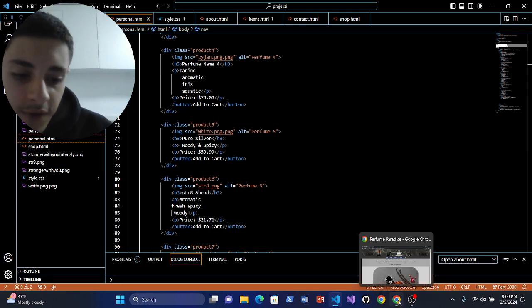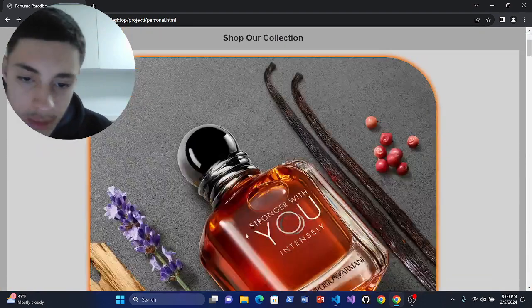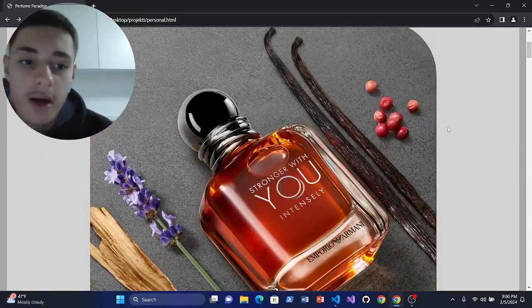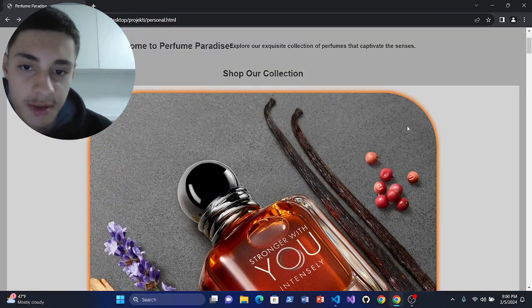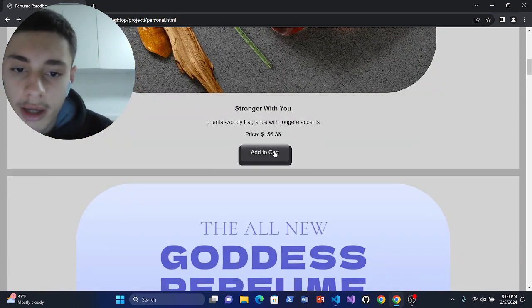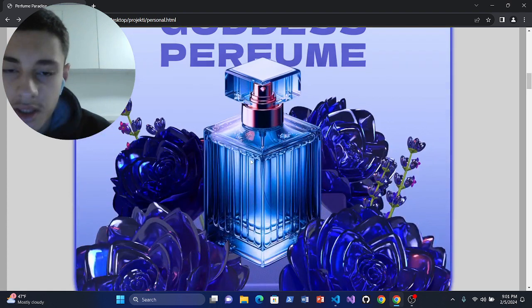These are in different classes, as I said before, and I literally just got a picture of Strong With You Intensely, made its border radius 15, and made a hover transition, so when I hover over it, you can get the color of the perfume itself. So you have add to cart. I made this fancy little button. We got the price here, the smell itself, and this was just